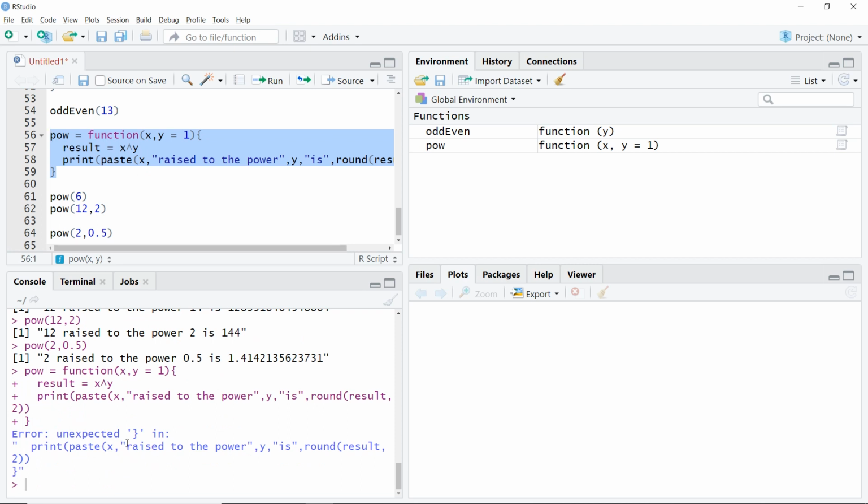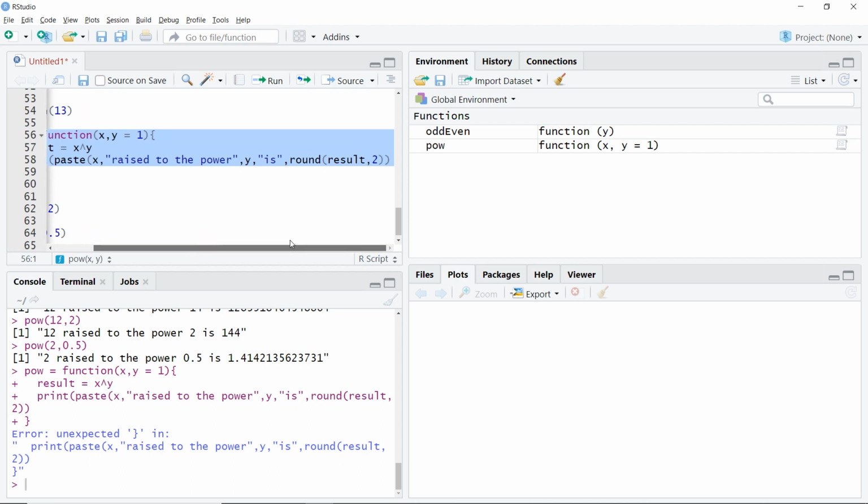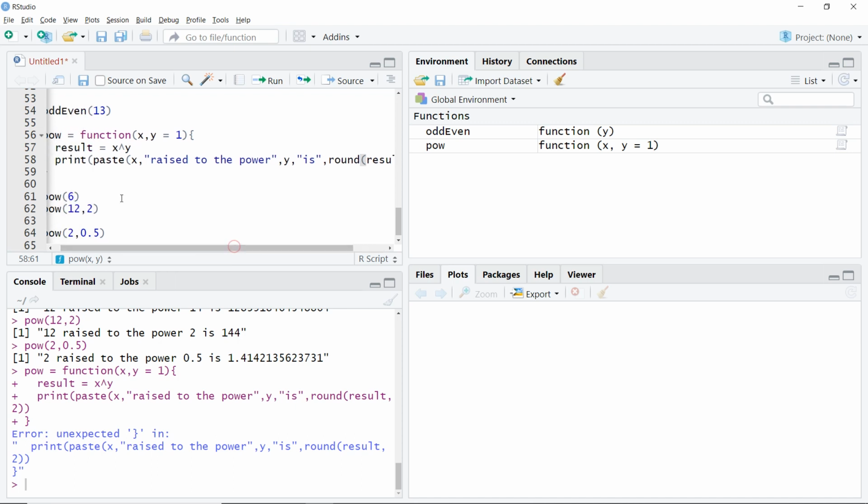There is an error, unexpected. I think I have missed a particular bracket or something. Let me just check. Okay, here I have just 2 brackets, whereas I need 3 brackets, 1, 2, and I want 3. So I want 3 closing brackets here.